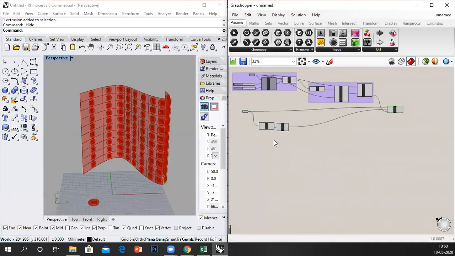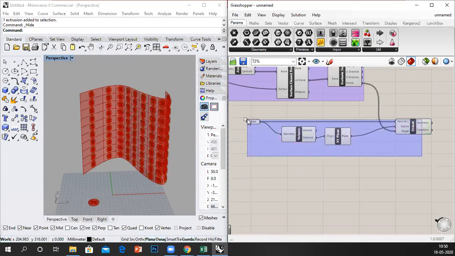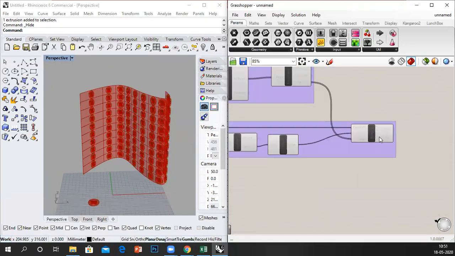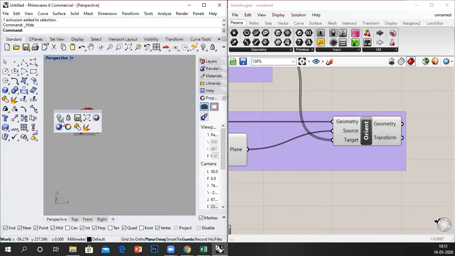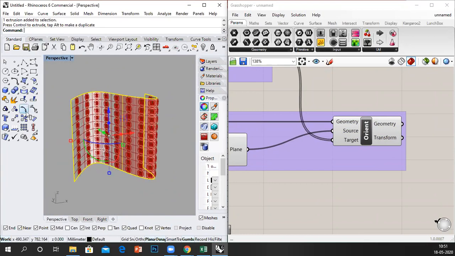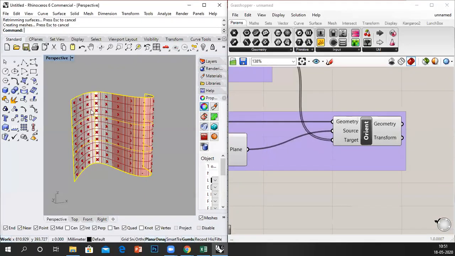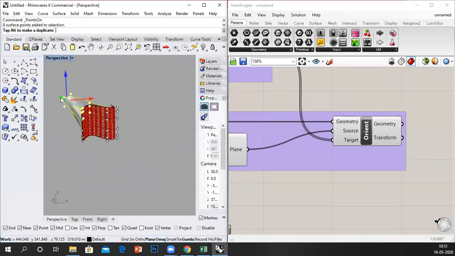So I'm just gonna quickly bring this here. And I'm gonna make a quick group. So if I play along with the surface, if I unhide the surface, that's our surface. So I can rebuild the surface. Points on surface.